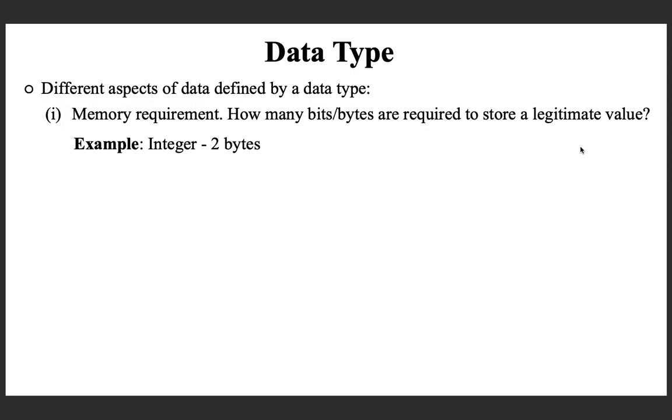In general, how many elements are there in the integer set? Infinitely many. Because if you look at the mathematical set integer, it is 0, minus 1, minus 2, etc. to minus infinity in the left side, and 1, 2, 3, etc. to positive infinity in the right side. So there are infinitely many elements in the mathematical set integer.